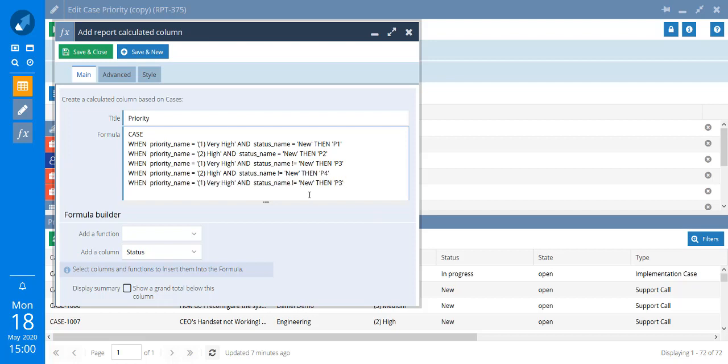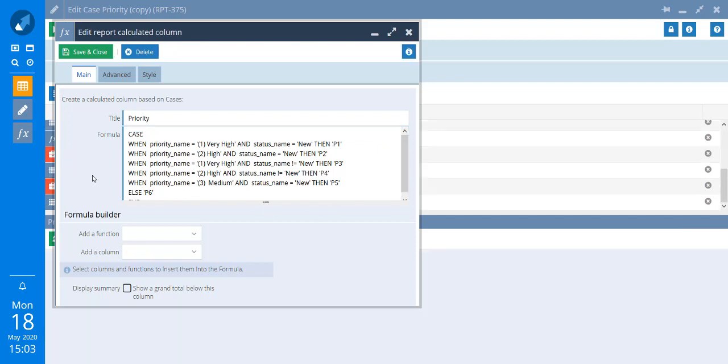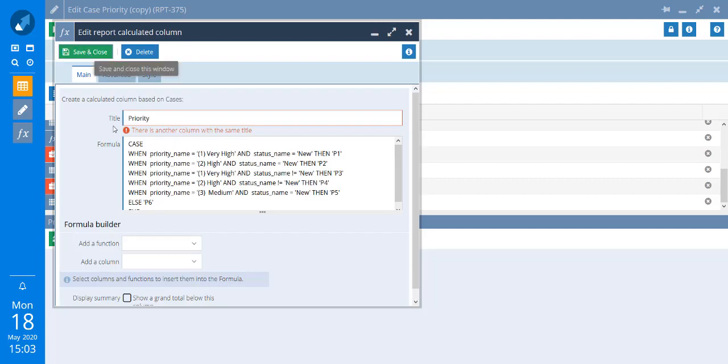And the final row was when priority name is medium and the status name is equal, so I'll get rid of my exclamation mark, to new, then P5. We then had an else clause to say everything else would be a P6, and then we use end to close off the formula. When I go to save and close my column, you'll see that I've got a warning message